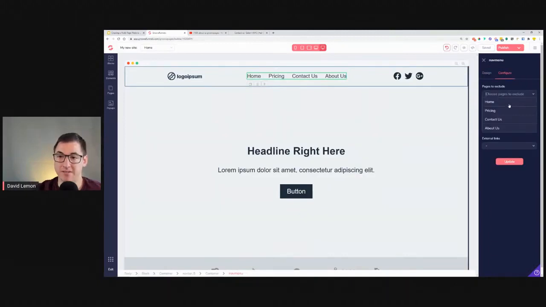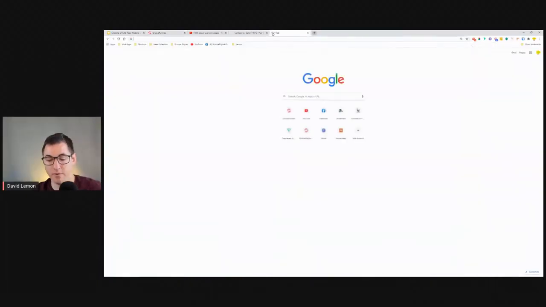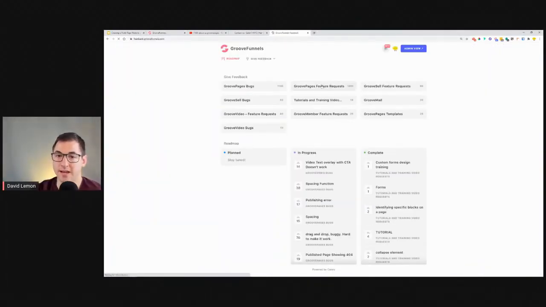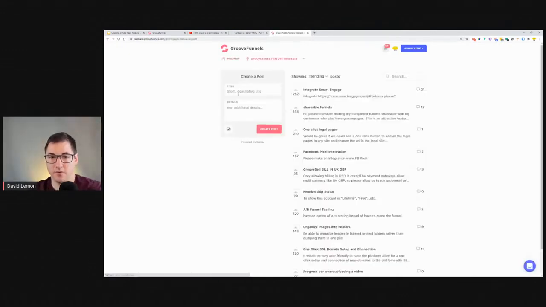People were asking me, why don't we have a global nav menu option? And we will have this one at some point. At this moment, it is just a feature request. So in case you go to feedback.groovefunnels.com, inside Groove Pages feature request, you type in menu,